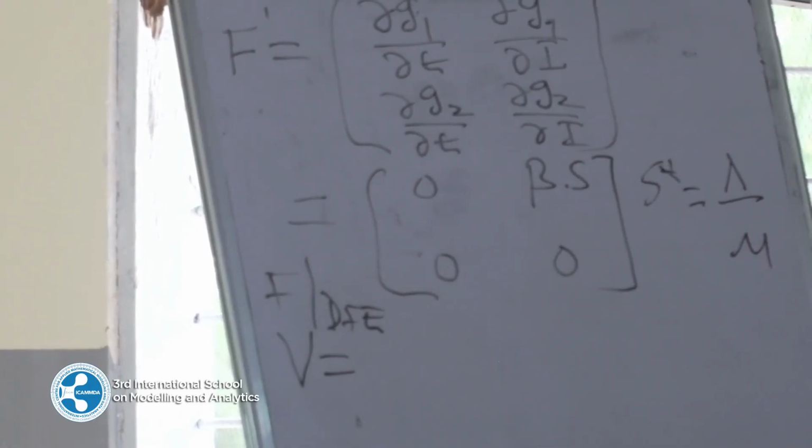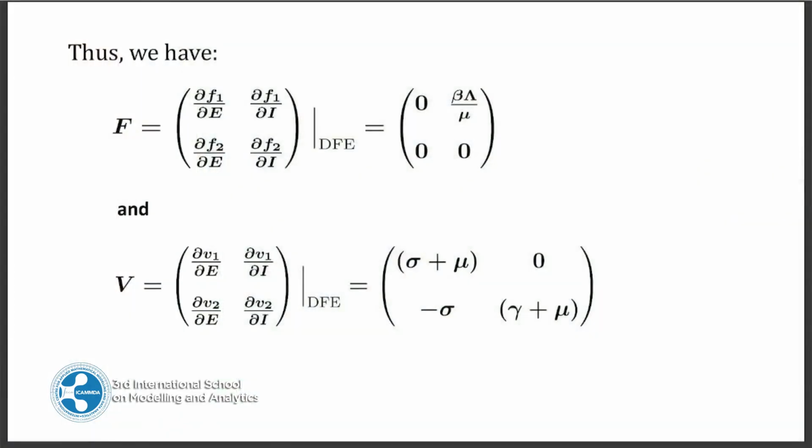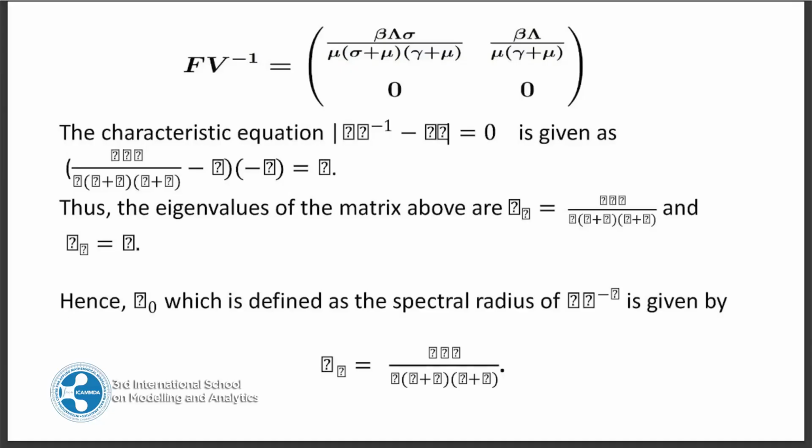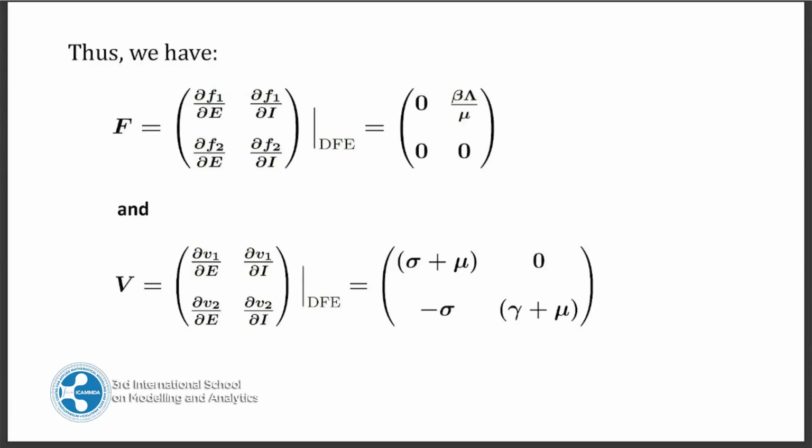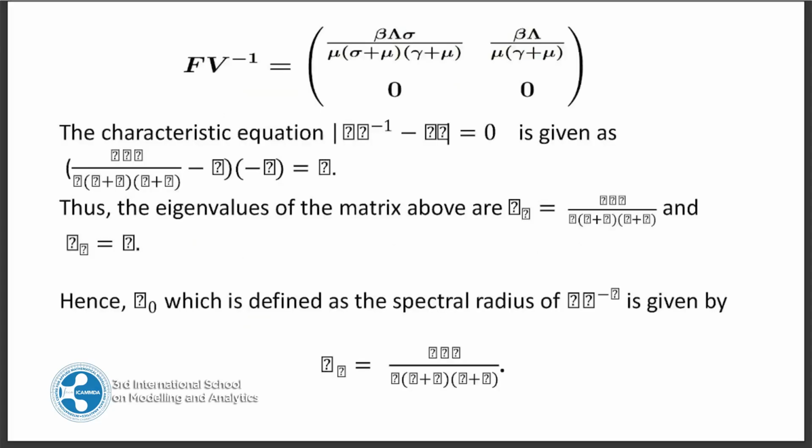So, can I have this slide? So we are going to have that. Then if you do the same thing, linearize this, we are going to get the result we have there. We have the result here. So the next thing is now to determine the reproduction number, which will be the characteristic